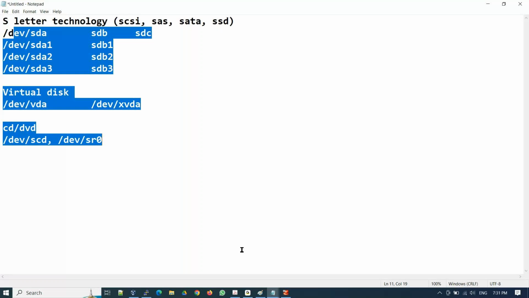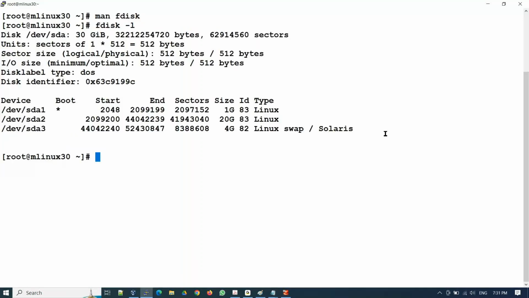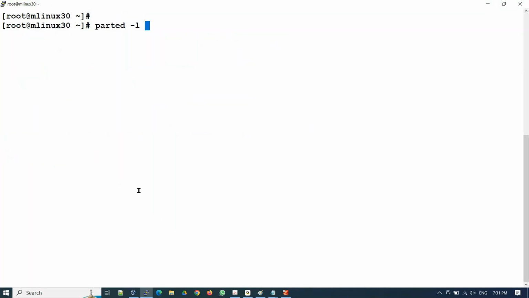So in that case, guys, you have one more command called parted -l. Two utilities are there to check and modify the disk: fdisk and parted. Both are very, very useful. When I say parted -l,